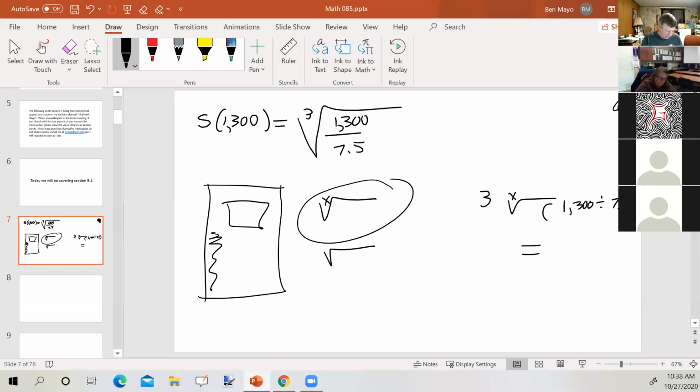All right, so let's try that. Let me see here. I'm going to put in 1,300 divided by 7.5. I'm getting 5.5756, on and on and on. It said in the directions, round your answer to the nearest tenth. So it would be 5.6